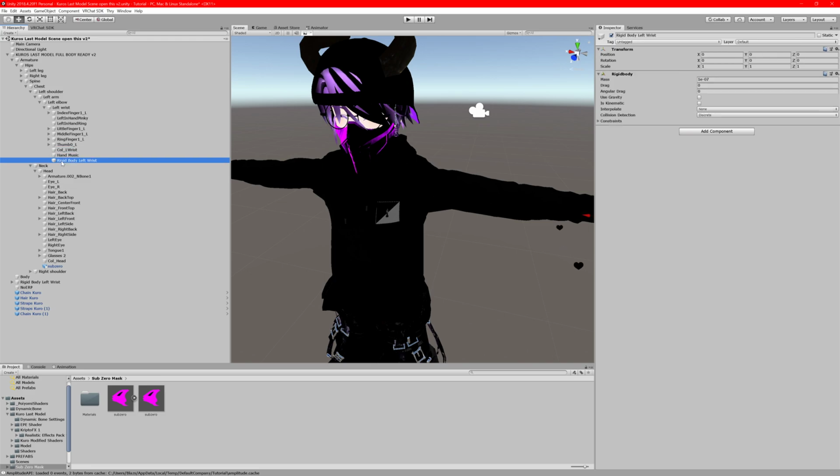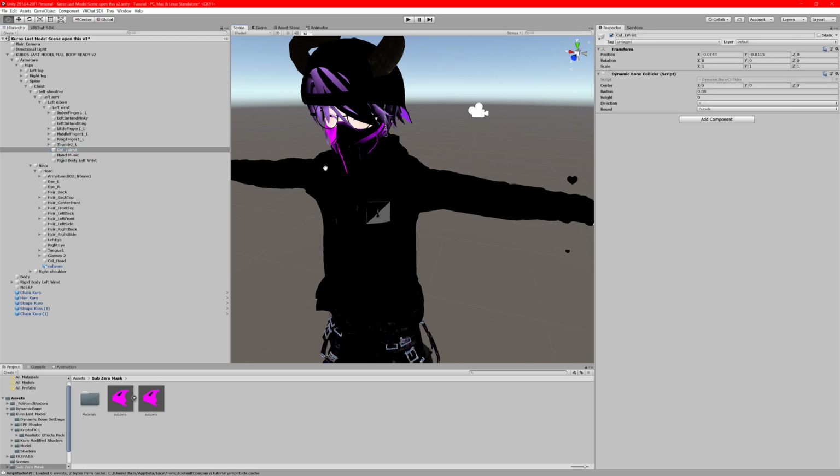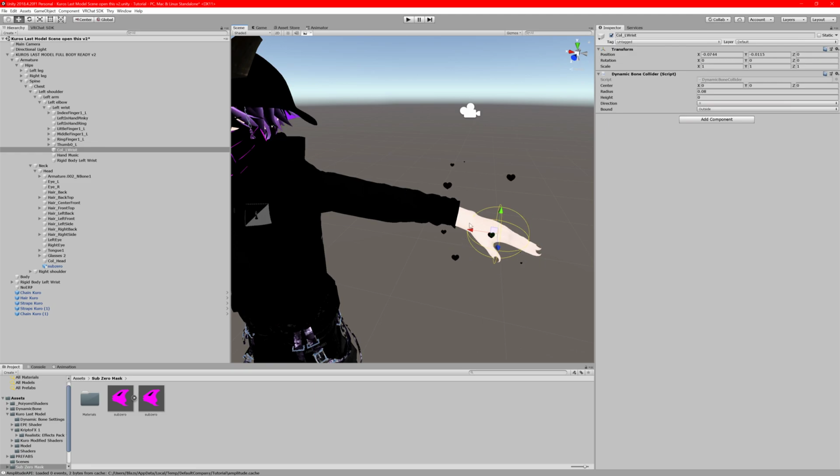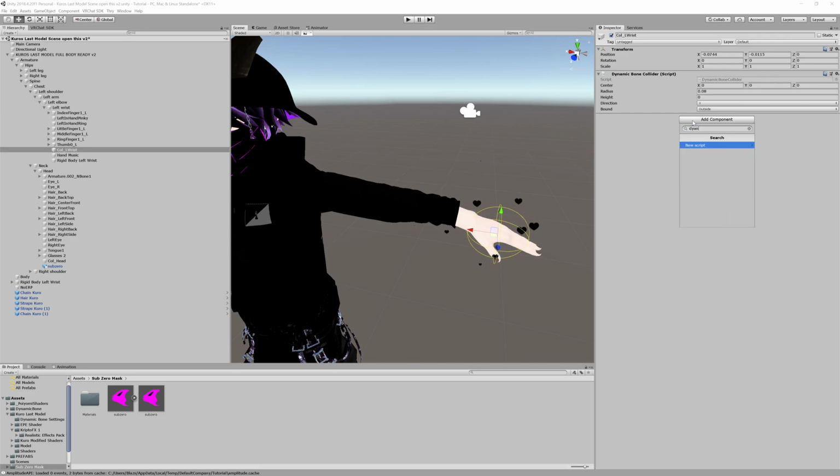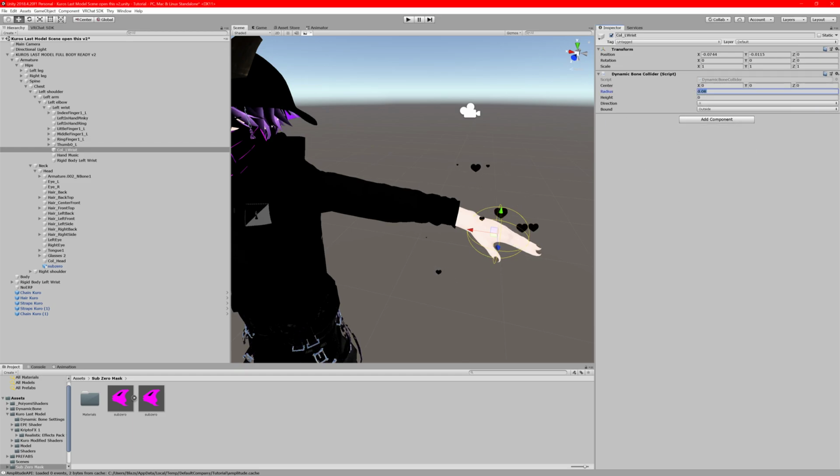That's nice. Rigid bodies is more of an advanced thing. I don't really know myself. But that sphere, literally do dynamic bone collider like that. Click it. I'm not going to click it because it's already there. And you can fiddle around with it. 0.8 will be the size of what the actual dynamic bone you want it to collide with. Like the chain,